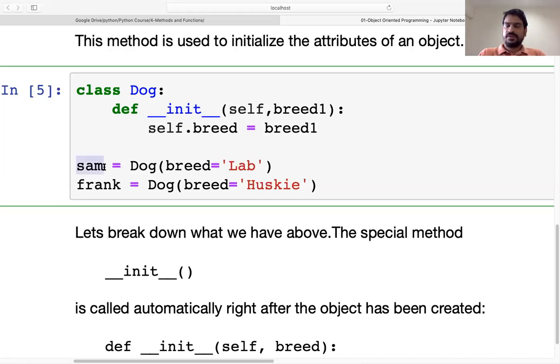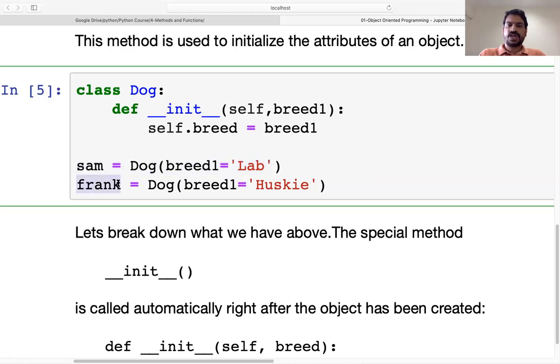Now let's see this particular example. There's an object that we have created. The object is Sam. Sam equal to dog. Dog is nothing but the class name. And inside that we have a variable called breed. So this is the breed that we are talking about. This is your breed 1, you can say, because we have changed it here. What is the variable that we are giving here? We are giving the variable as Labrador, and this is Husky. So this dog has an attribute, and this dog also has the attribute. So we initialize the object with the attribute. This is the way we can do that.